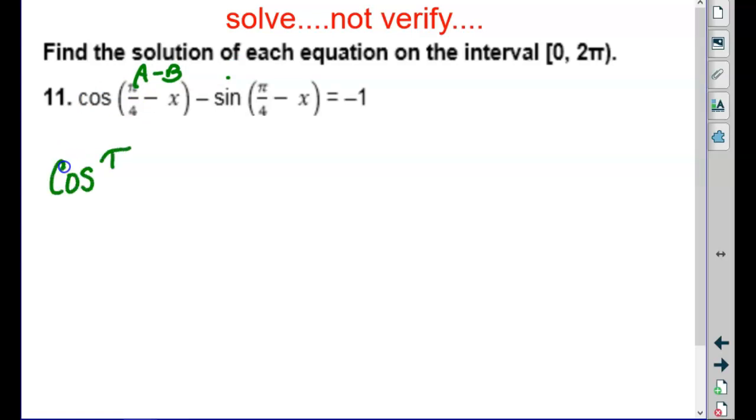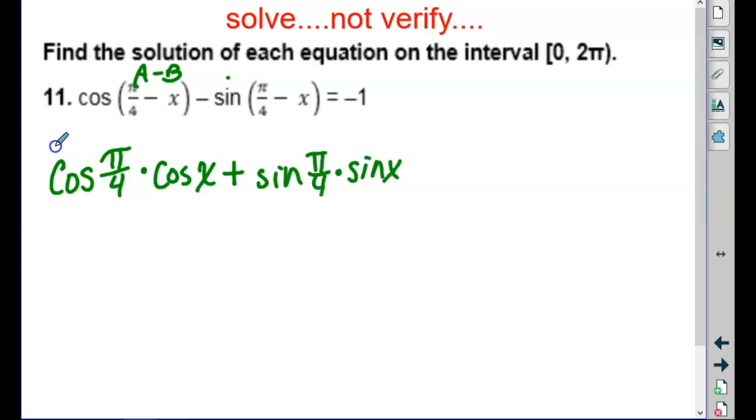Cosine of A, which would be pi over 4, times cosine of B, which would be x. And then it's plus sine of pi over 4 times sine of x. Okay, it'll get better. Minus,